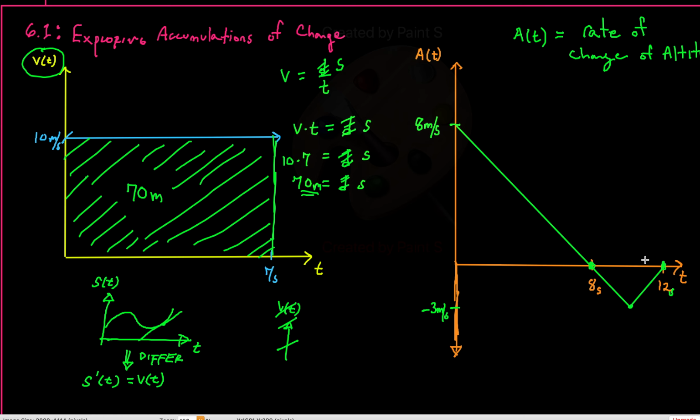Or what is the change in altitude of the drone? Because we technically don't know how high the drone is. But let's say that the drone started off at the floor. So it started off at 0 meters high. Okay, what happens? Well, then it goes up at 8 meters per second for a long time. It slows down until it goes 0 meters per second up, and then it begins to go down,